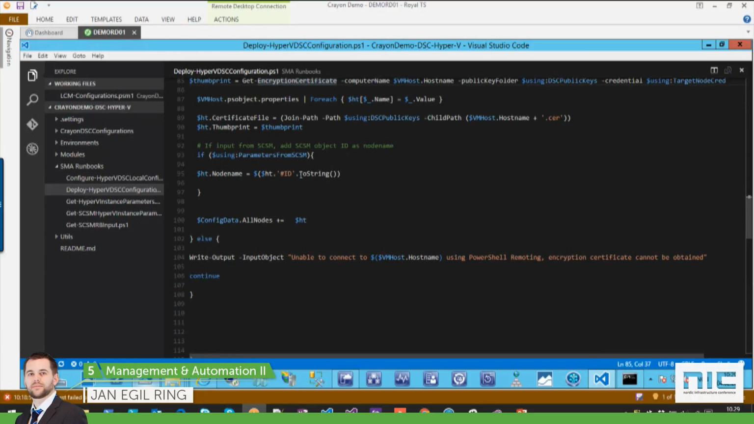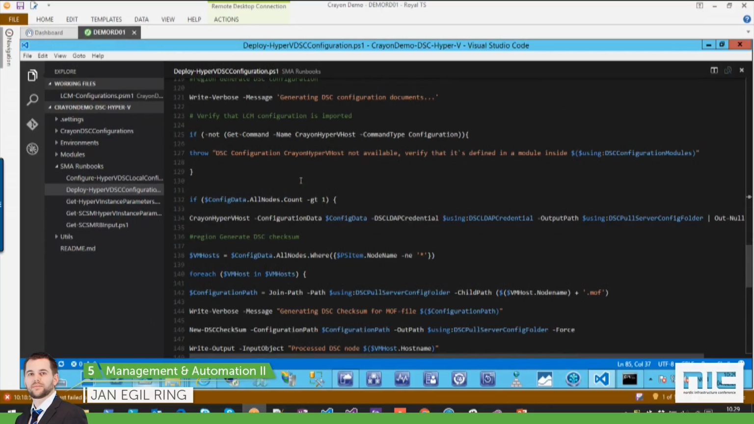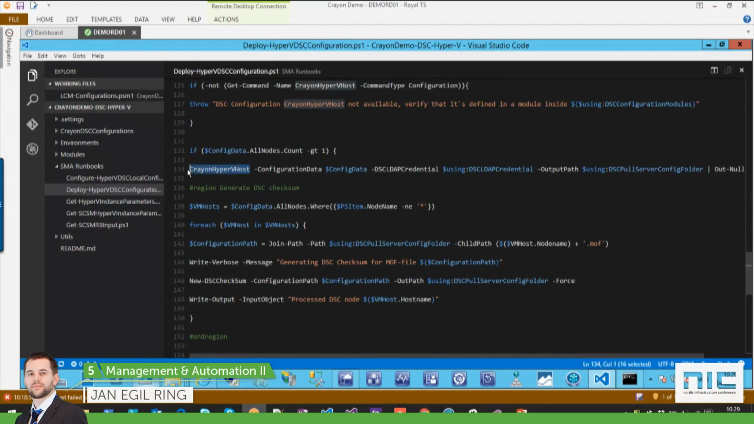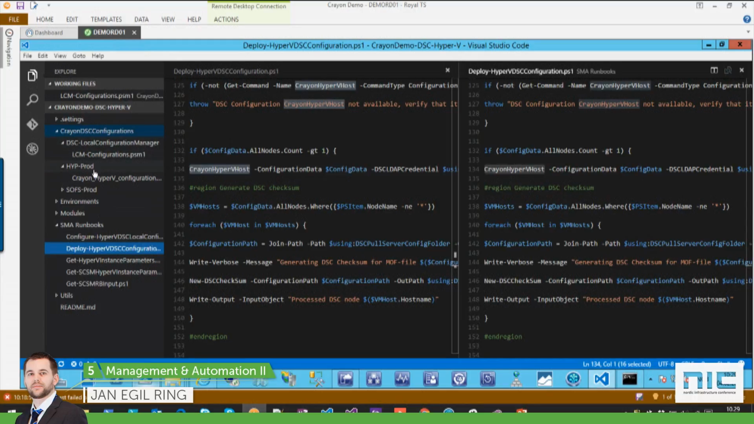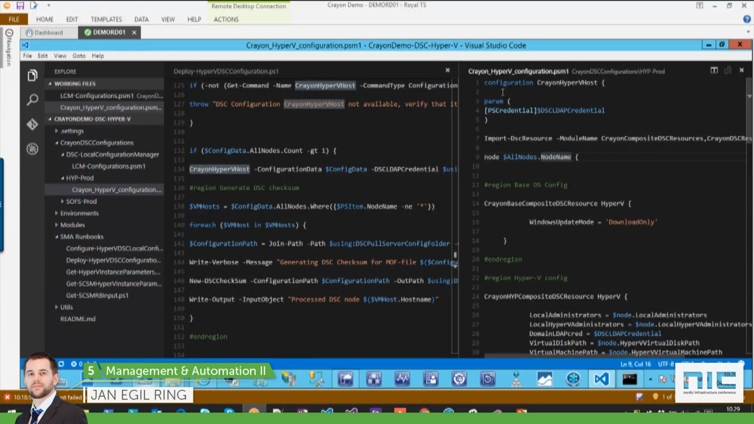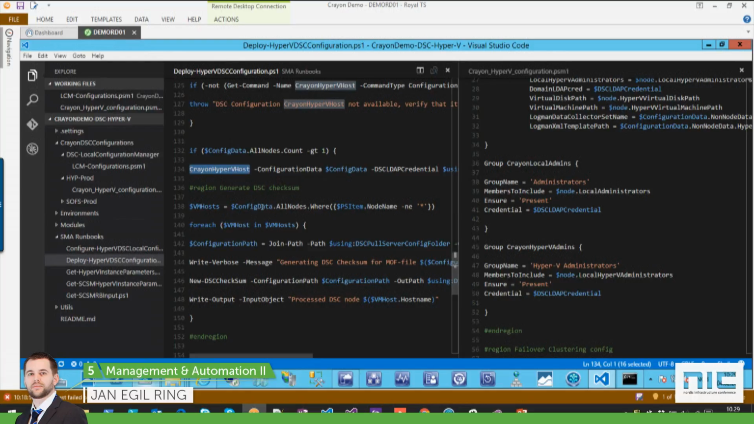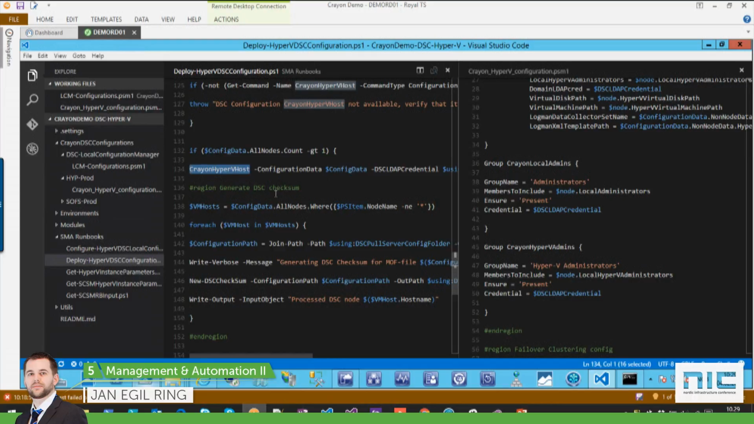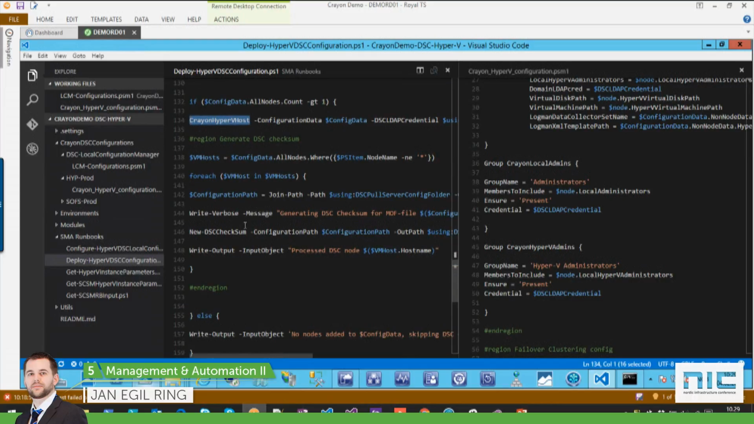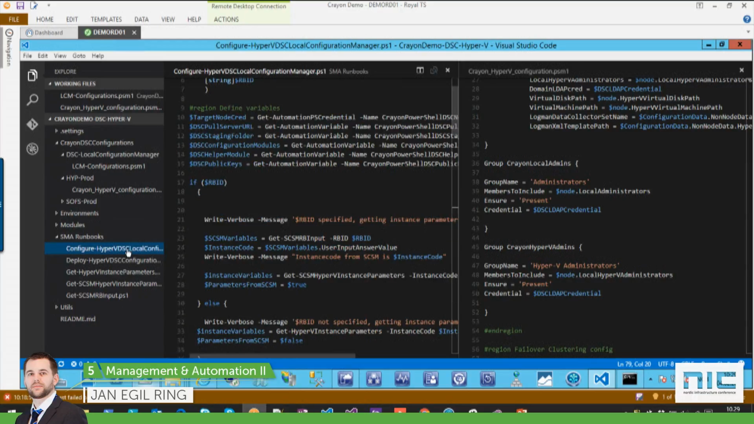When that's done, we can see that it will run the configuration. So here we can see Crayon Hyper-V host, which is what we saw. If we go up here again, and we open this one, you can see here is a configuration Crayon Hyper-V host. That will be a command that is available in PowerShell. So that is basically what we are calling here. So all of this configuration is being applied to the pull server in this case. So it will generate a MOF file that will be stored on the pull server. When that is done, it will create a checksum file, which is also needed when working with a pull server. And next, it will call a different